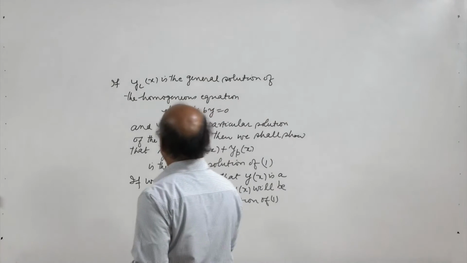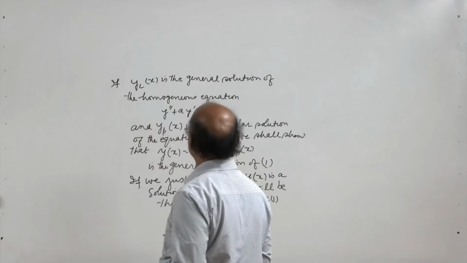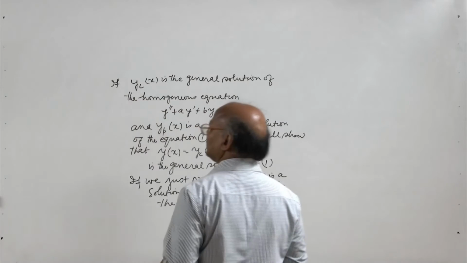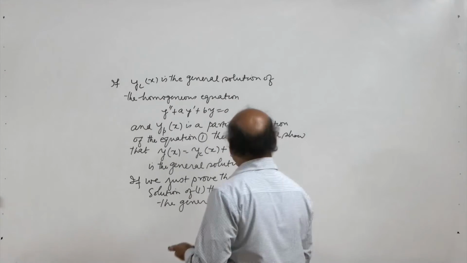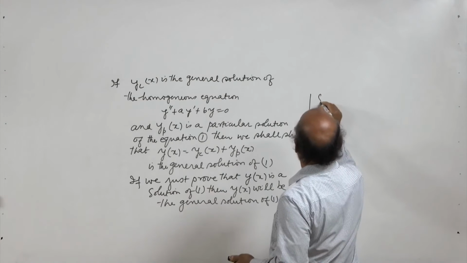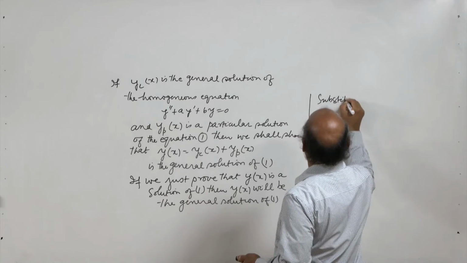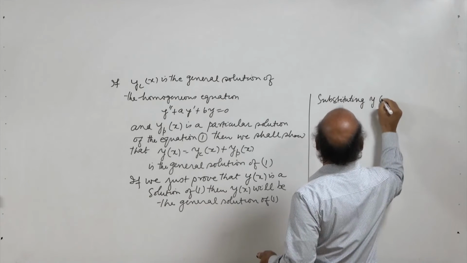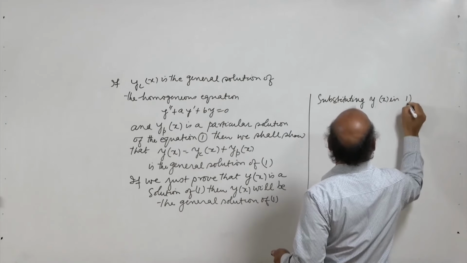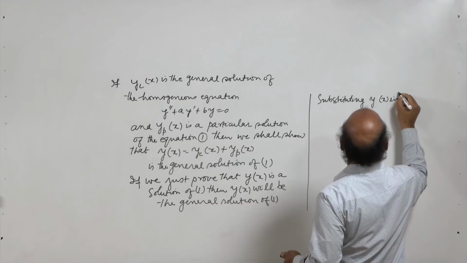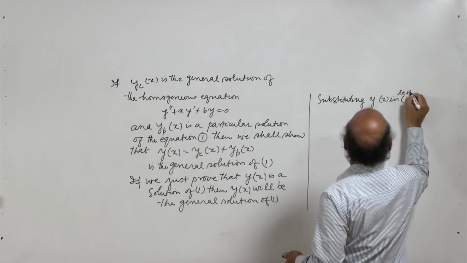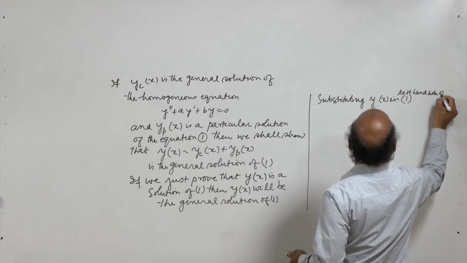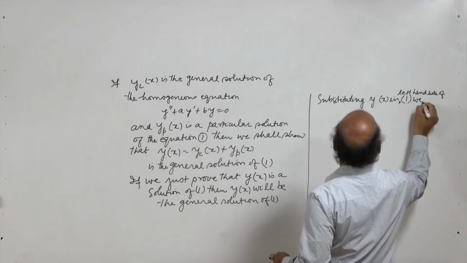Okay, so let us see: when you substitute y(x) = y_c(x) + y_p(x), if it satisfies equation 1, it will be a solution of equation 1. So substituting in the left hand side of 1 we get